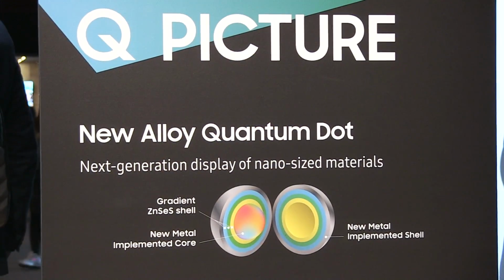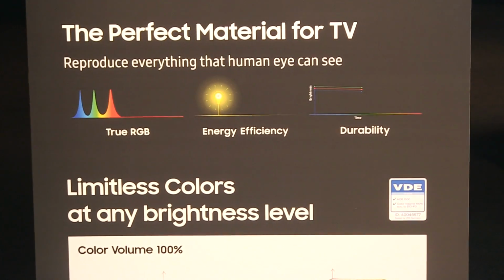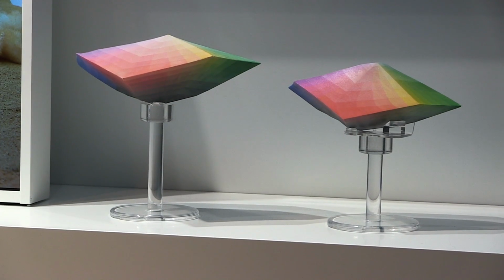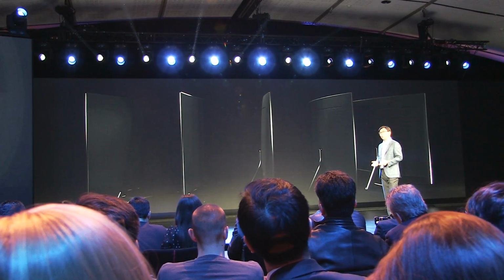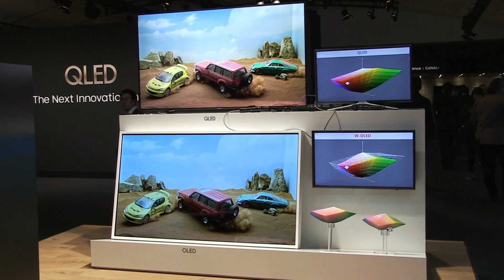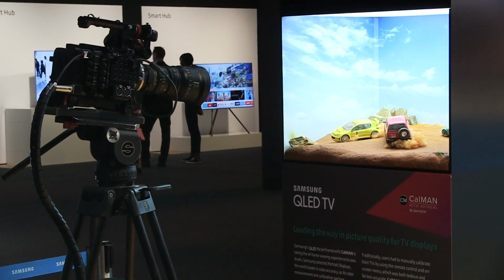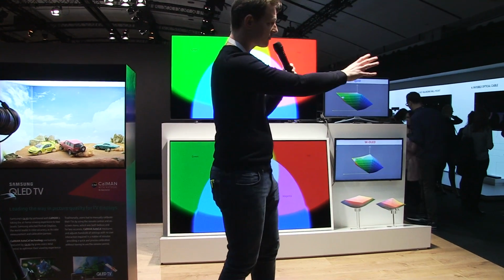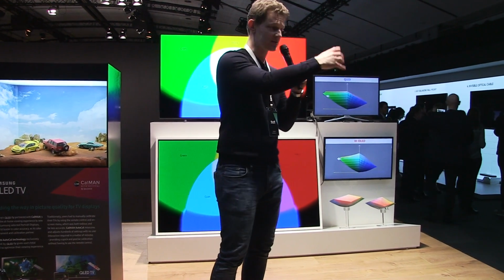The new alloy quantum dot has different structure that allows advancements in light efficiency, stability and a wider color spectrum. All new QLED TVs will feature a 10-bit UHD panel, almost 100% coverage of DCI-P3 and achieve 100% color volume. All will have Edge LED backlight. Color volume was a big topic that was explained in detail by Marcel Gonska from WLC Enterprises during the demo